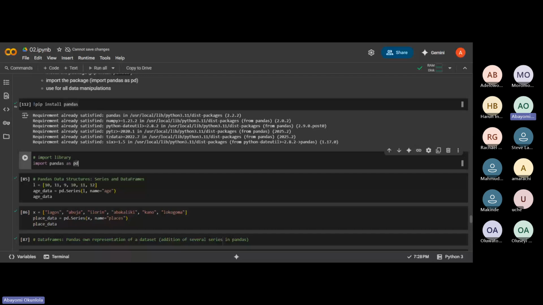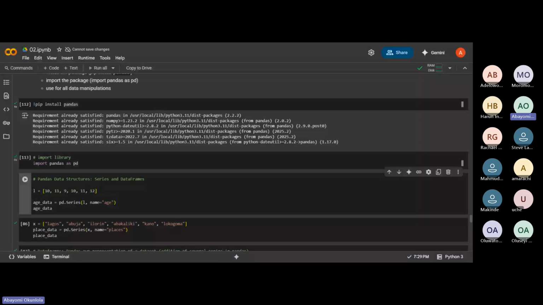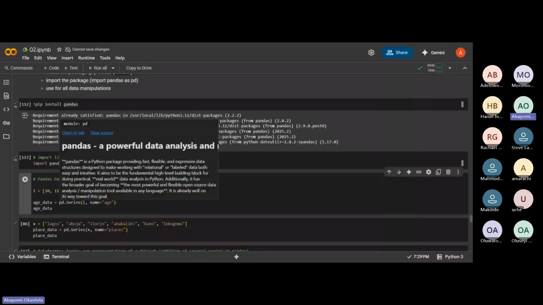In pandas, for its data structures, we have what we call the Series as well as the DataFrames. Right now we have a list called L, and we want to create an age data, which will be a pandas module. We say dot Series.